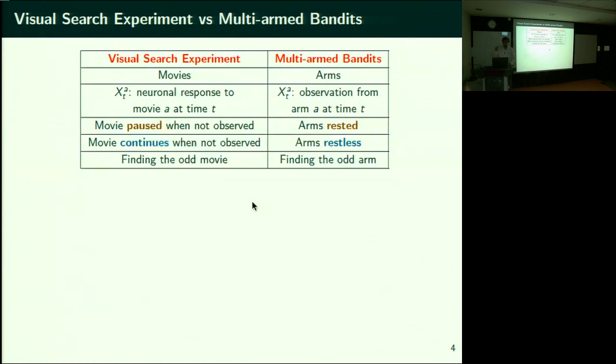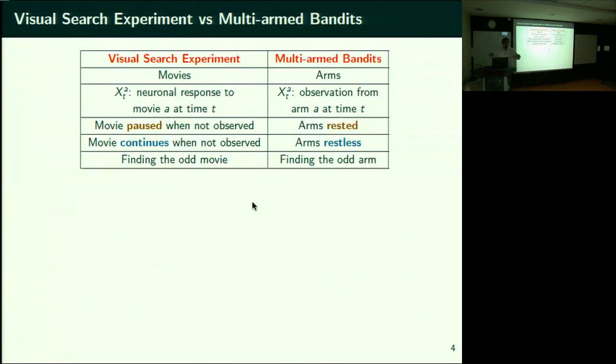If you choose to pause the movie and shift your location to some other place, look at that location, and come back, then whenever you come back, you play that movie for one time instant, pause, and play for one more time instant only after you come back. So that movie gets played only when you come back. This is the notion of what is called rested arms in multi-arm bandits.